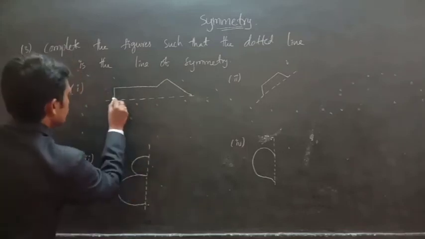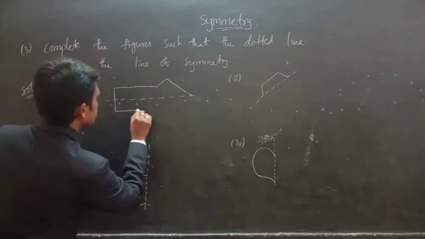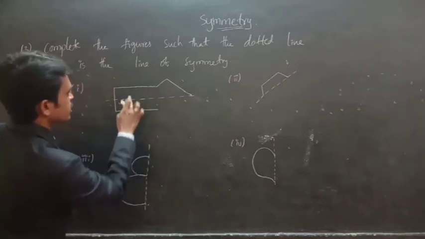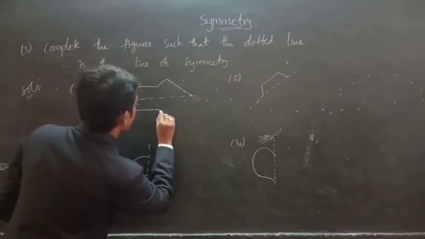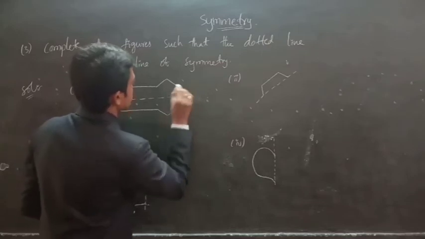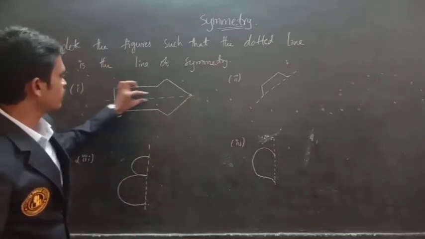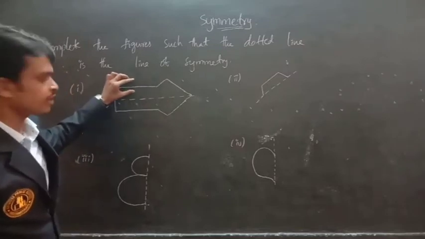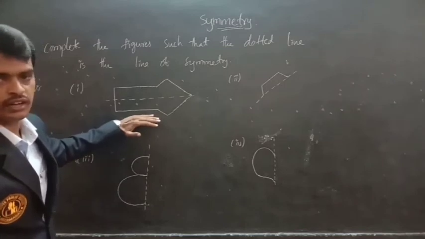So like this. See, look at here. This figure, like this up to here, is in rectangular shape, and then after some slant line, and then after like this joint. Then this is a line of symmetry. This is the actual part given, and the remaining part we draw. Now it is a symmetrical figure.